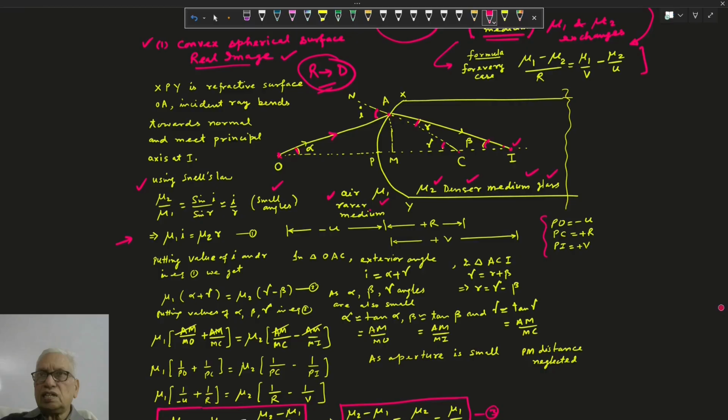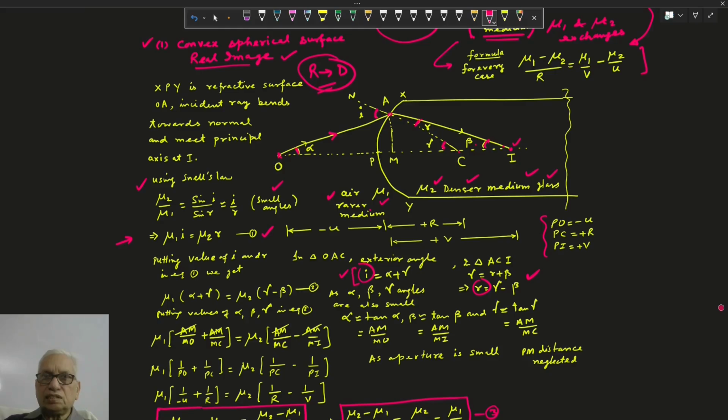The exterior angle I is equal to what? Alpha plus gamma. Here I is equal to alpha plus gamma. In this triangle AIC, R is the interior angle and gamma is the exterior angle, so gamma is equal to R plus beta, so R is equal to gamma minus beta. Putting the values of I and R in equation 1, we are getting mu1